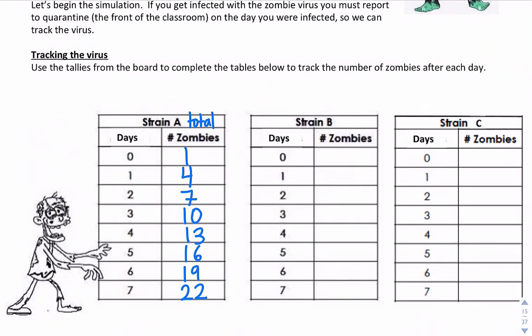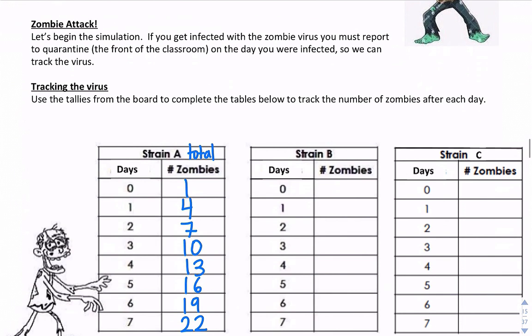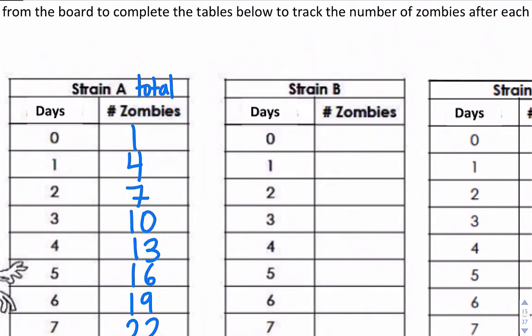All right, let's take a look at strain B. Strain B, he infects 3 people the first day, 5 the second day, 7, and so on. It increases 2 additional people per day. All right, so again, we start with 1 zombie. He infects 3 the first day, so this is plus 3, and it increases, so now it's plus 5,